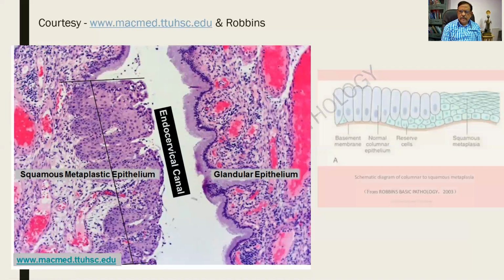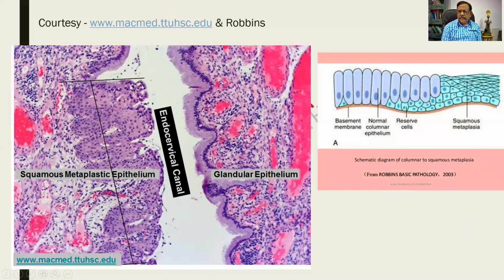For students who cannot understand it very clearly, you find that there is an epithelium. The columnar epithelium is being replaced by the squamous epithelium, taken from Robbins. A nice line diagram which you people should remember. This squamous epithelium and the metaplasia can occur elsewhere, such as the bronchus. And there are other types of metaplasia which we shall see in the theory class. But this is for the microscopy.